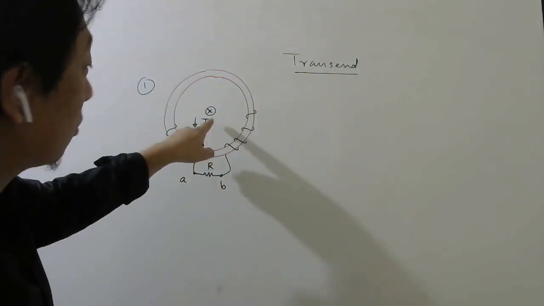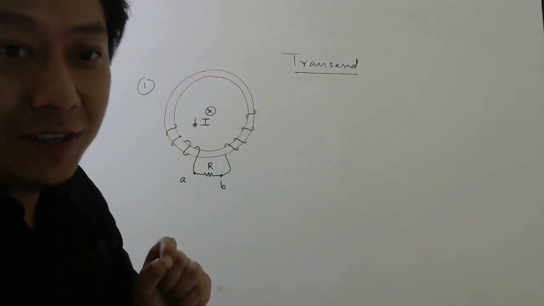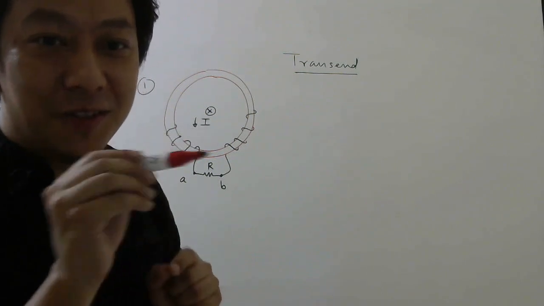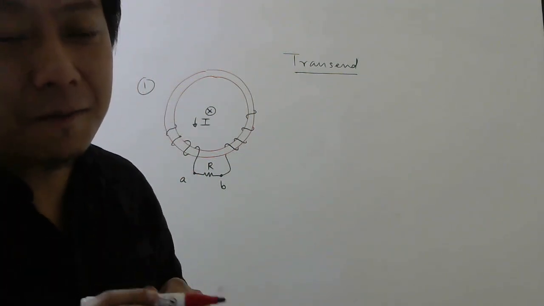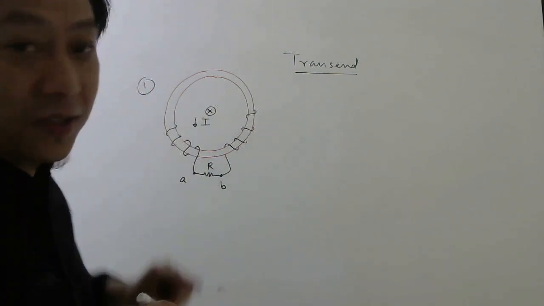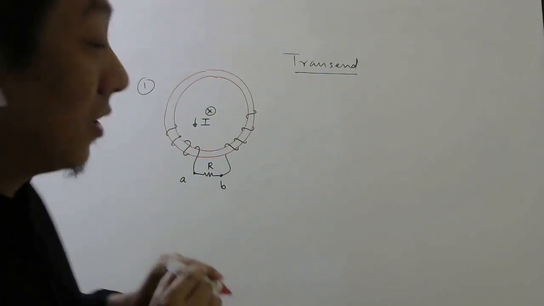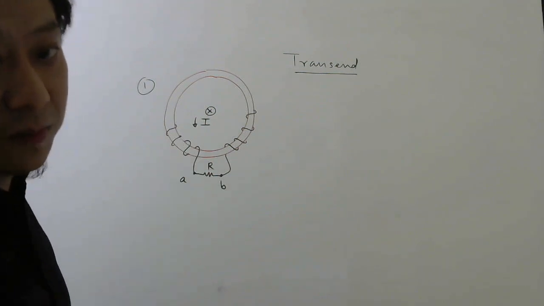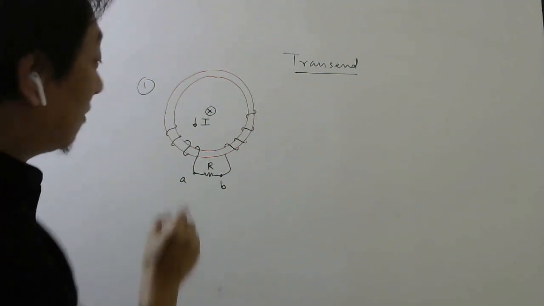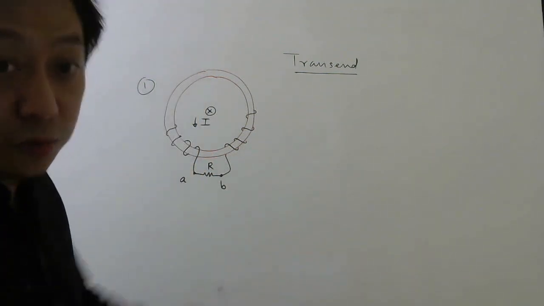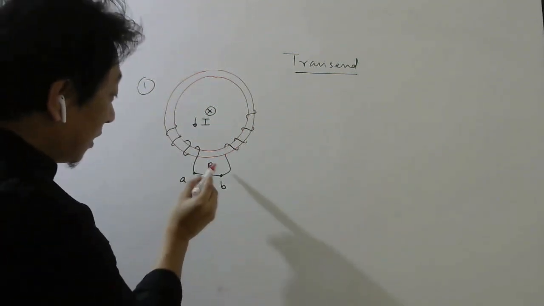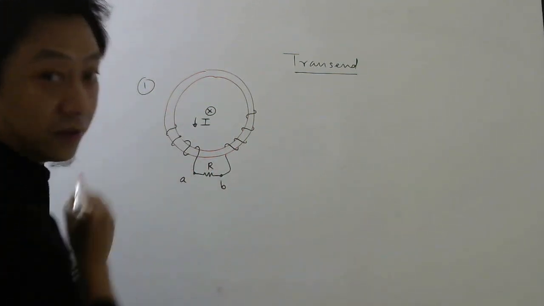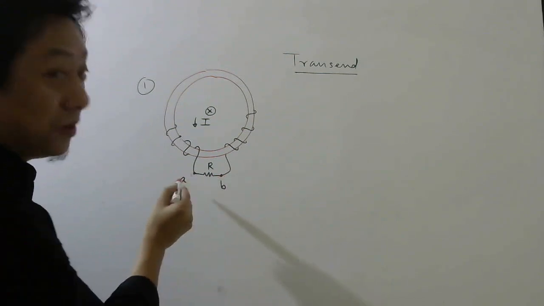So don't think this cross represents magnetic field. Usually in this chapter we are using cross and dot for magnetic field. But here this cross represents current carrying wire and it means it is into the paper. Cross means it is into the paper. Then they are saying if this current decreases to 0, which way will the induced current flow here? Induced current, A to B or B to A.